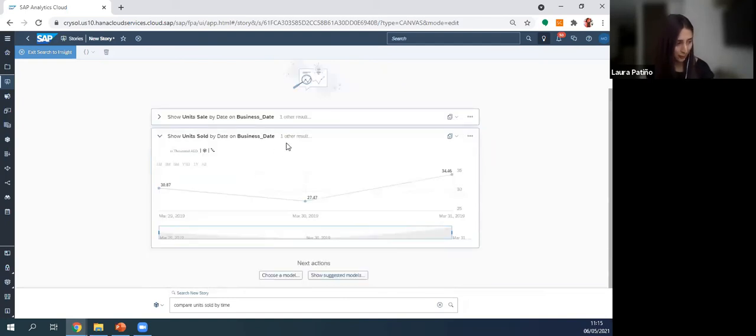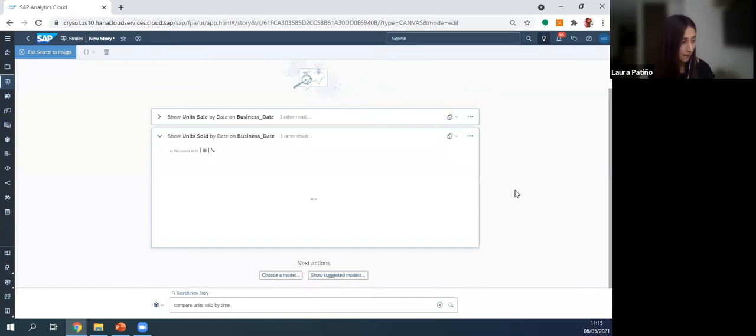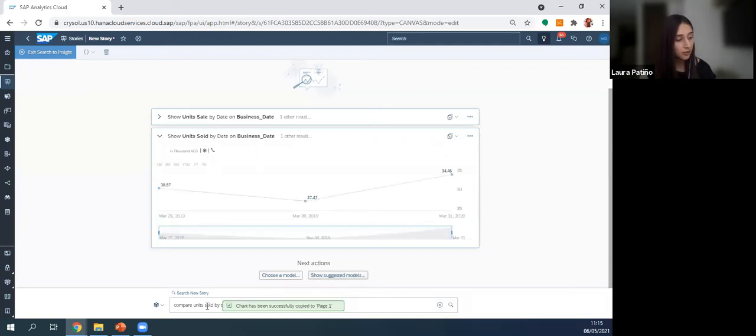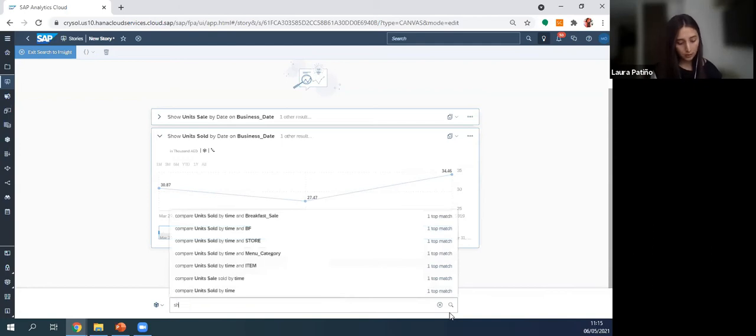Here was the information I was looking for. Now it is showing me a time series chart. I can add this chart if I like it to my story, just adding copy to and select page 1. And I can also continue looking for some other information I want to, like show me